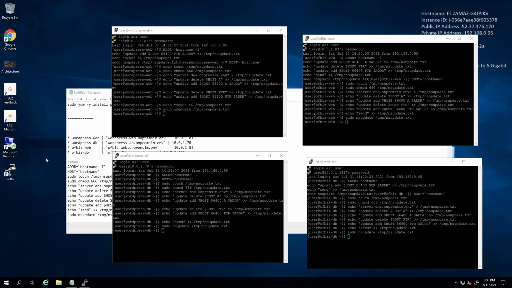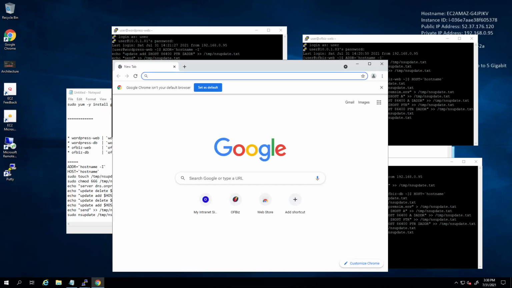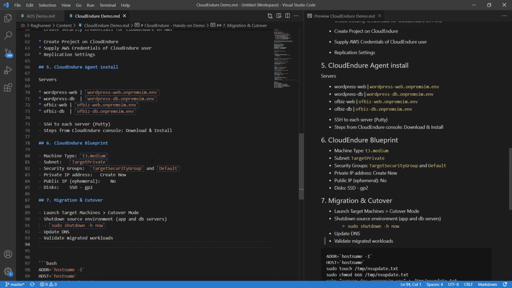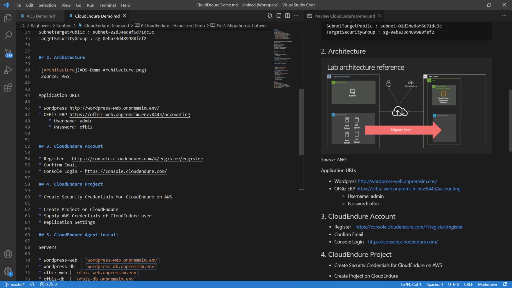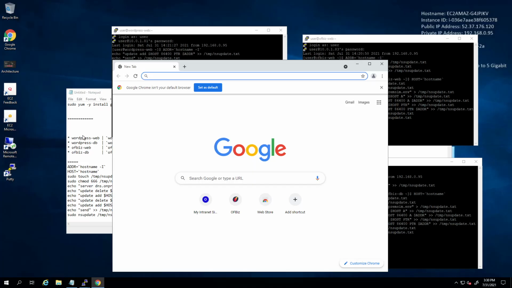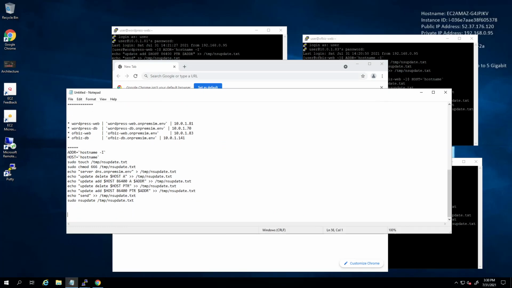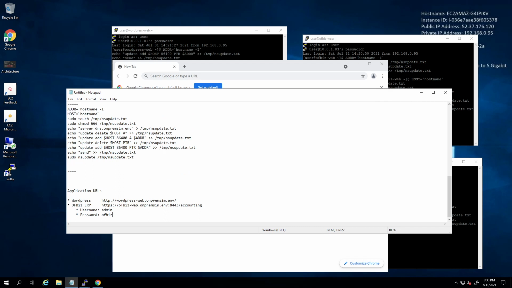So let's test these two applications. If you remember, we had two applications running on our on-prem instance. One of them was the WordPress blog. The other one was the Offbiz ERP application with a login. So let us take these and see if these new servers are accessible on the domain names as the original applications. Let's paste these here. Let's take the first one.